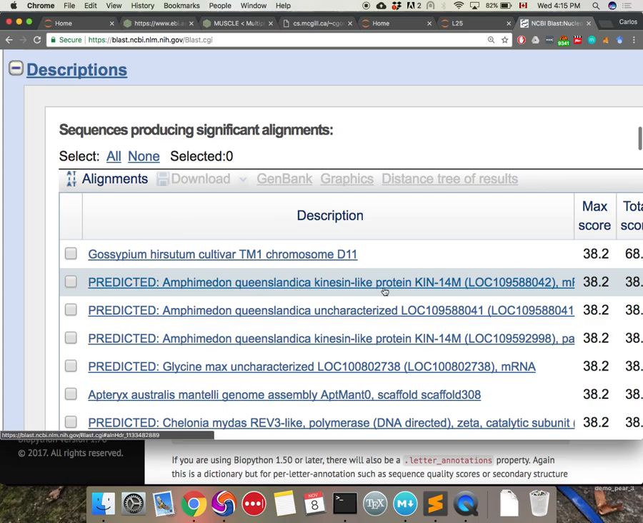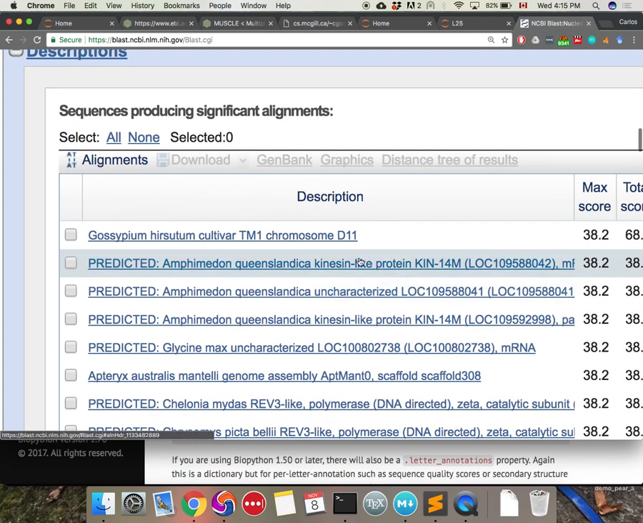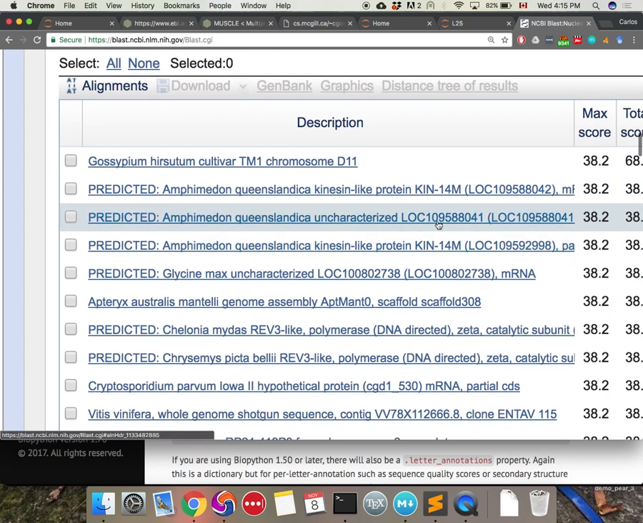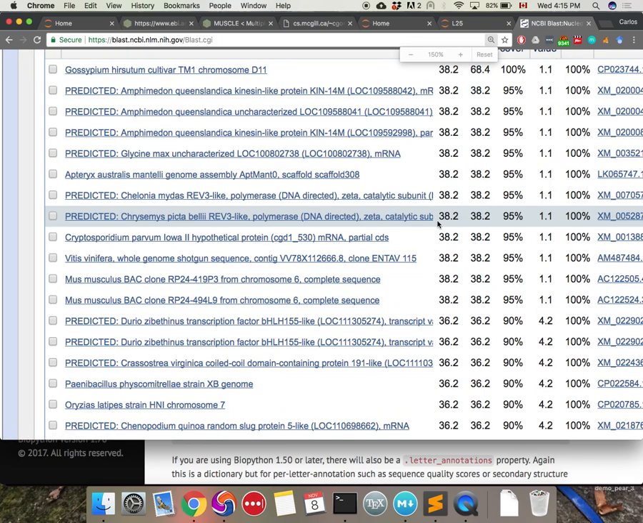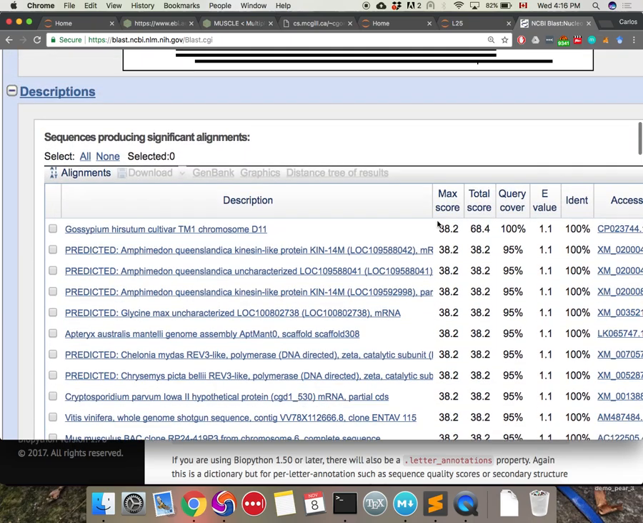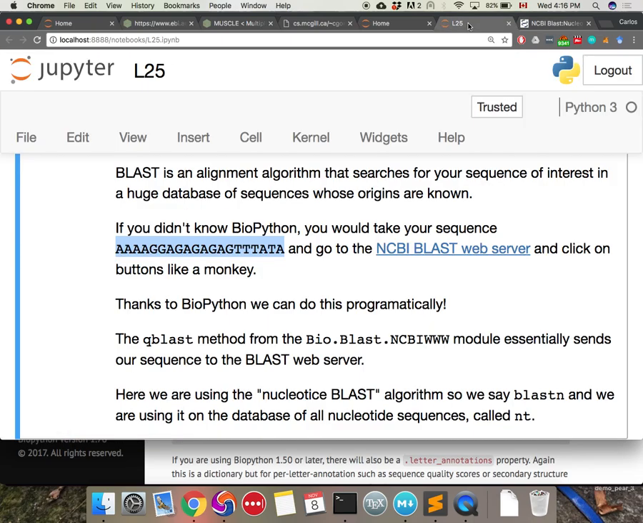Amphimedon queenslandica kinesin-like protein. Okay, so I have no idea what animal that is. Maybe some frog or something. But anyway, these are all organisms that have a similar sequence to the one we found. So now maybe we have an idea of what our sequence is about, right? Anyway, that's just a tool that comes up really often in bio work, and BioPython has a nice interface